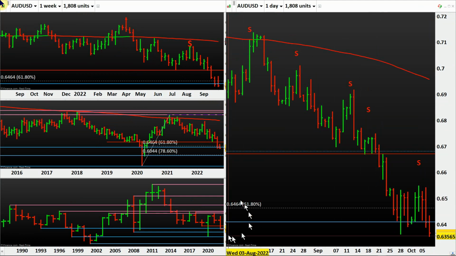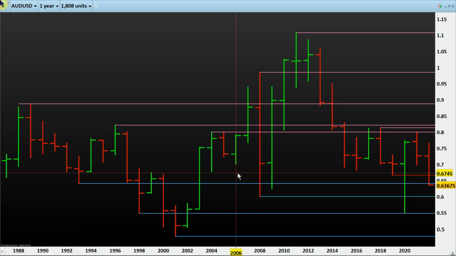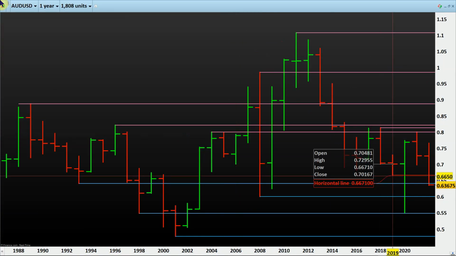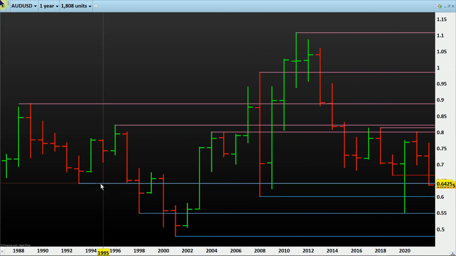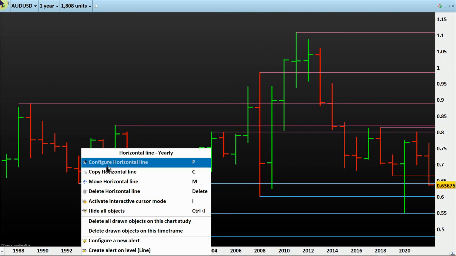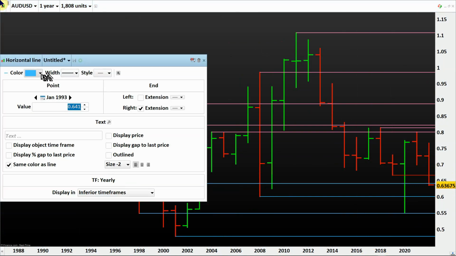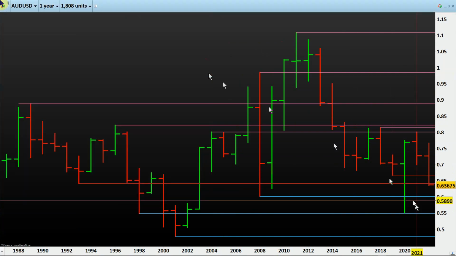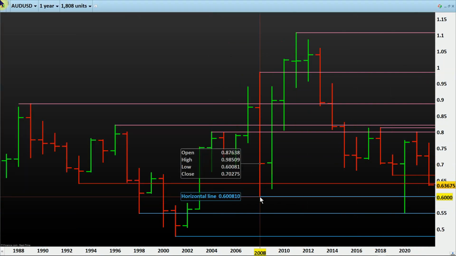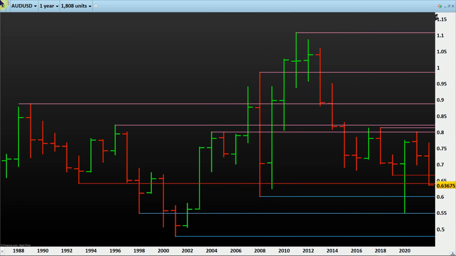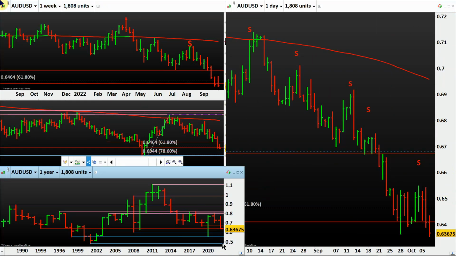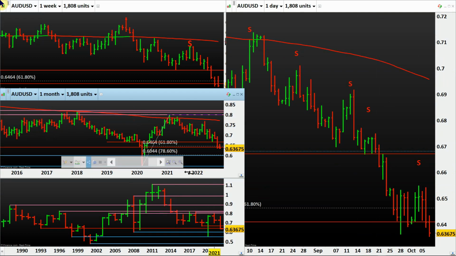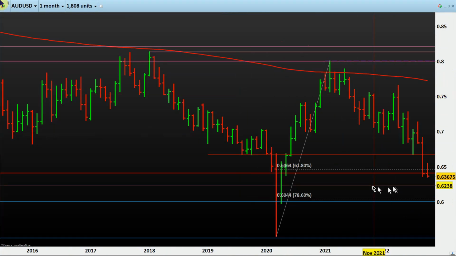In the Aussie dollar, what we are seeing is that it is breaking all kinds of support now. This was the previous 2019 support, this was the previous 1993 support, because price has gone below that. We can change this to red or pink, and then this is the next support, possibly from the weekly 6000. How good is that number? Yeah, 6000. And from the monthly perspective, it has crossed the 61.8.